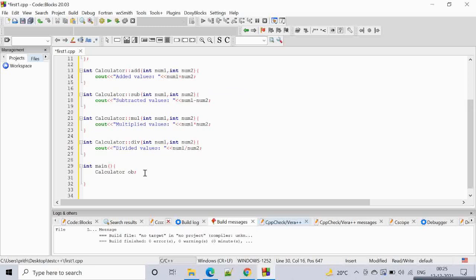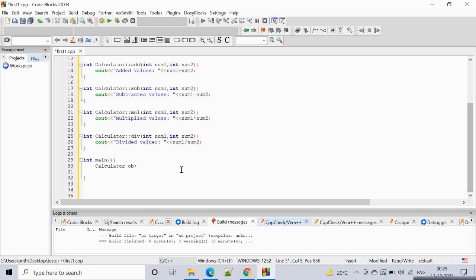Now we will call the function, let's say add. I will give user input also, but for now let's hard code this value. Let's say 10 plus 12. Let's see what this will output.